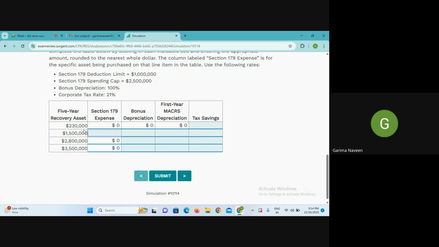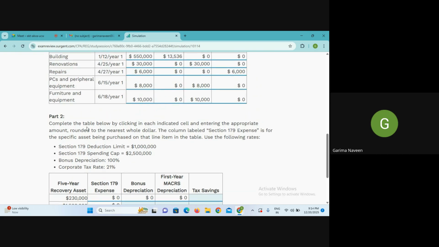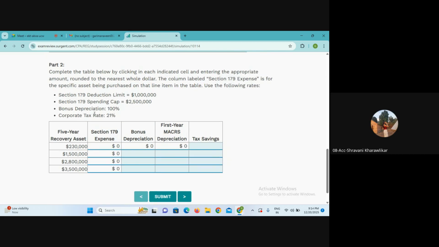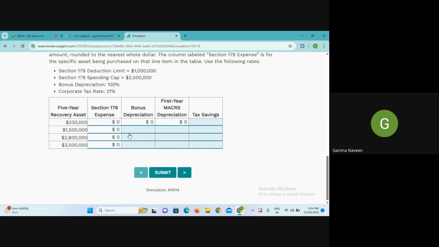आई डोंट नो, क्वेश्चन आपका इनकम्प्लीट है कि ये सारे असेट्स आप एक साथ पुट कर रहे हो यूज में, या कैसे हैं कि एक ही कंपनी के हैं या डिफरेंट केसेस हैं। लेकिन अगर आप सेम कंपनी के ये असेट्स ले रहे हो, ध्यान रखना, आई थिंक ये आपका इंडिविजुअल केस है बिकॉज कुछ इंफॉर्मेशन गिवन नहीं है। लेकिन अगर आपको ऐसे देते हैं कि सेम कंपनी के ये सारे असेट्स हैं और इन असेट्स का टोटल 2.5 से अबव जा रहा है, और बहुत अबव जा रहा है, सो डेट मीन्स यहाँ तो कंप्लीटली फेज आउट हो जाएगा, 179 किसी के लिए भी नहीं क्लेम कर पाओगे आप।